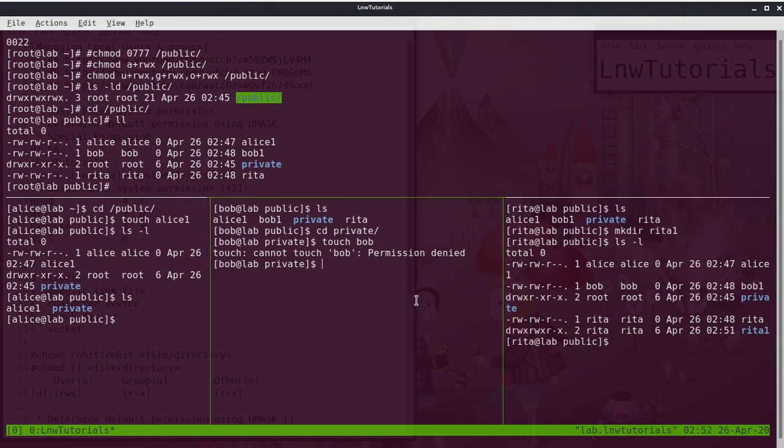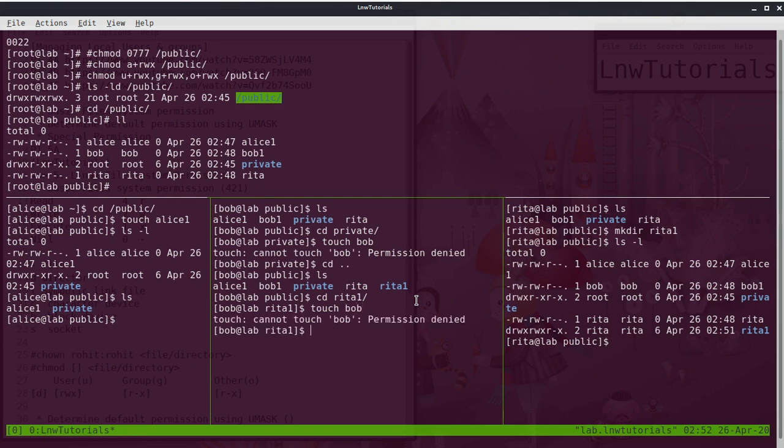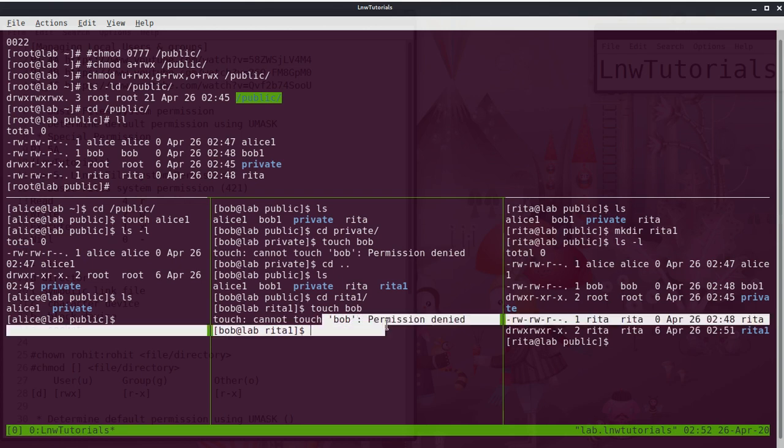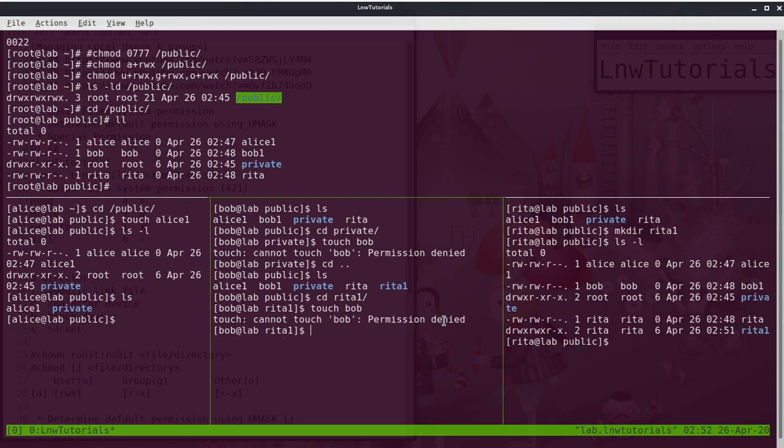Now I go to Bob and take one step back, doing ls, cd to rita1. Now Bob is going to try to create one file. Again, Bob is not able to create here because permission is denied.